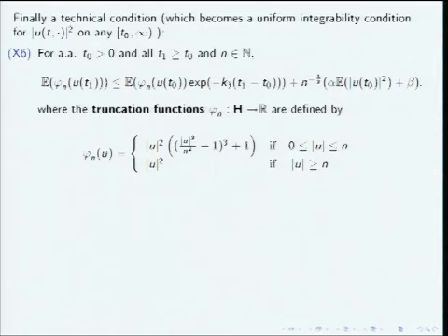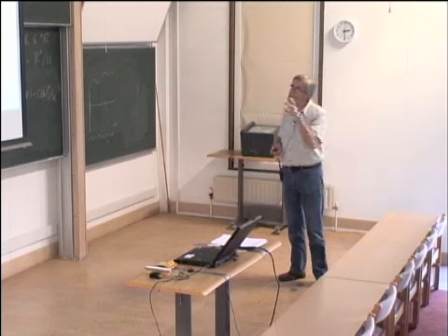But there are these truncation functions, which, when n is large, are designed to throw away what happens for small values of u and just to concentrate on what happens for large values of u. Because for integrability conditions or uniform integrability conditions, it's what happens over the large values when you're integrating that causes the problems. So this is a means of focusing on that.